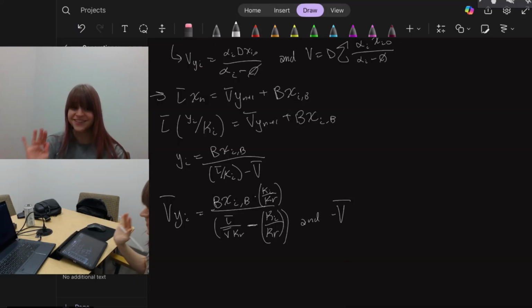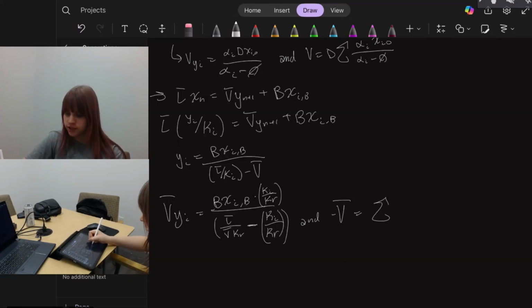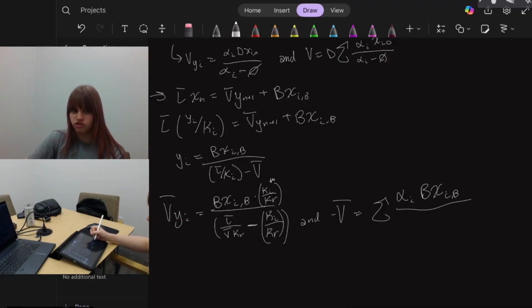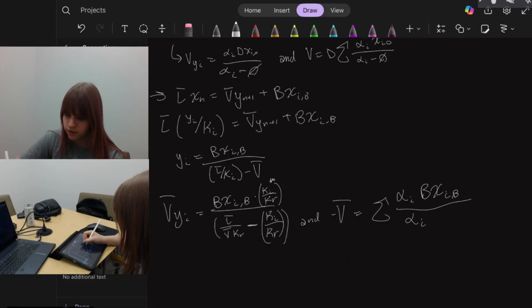And we also know that negative V bar is equal to the summation of that relative volatility times the bottoms times the liquid composition of component I in the bottoms divided by our relative volatility once again. And we are going to make